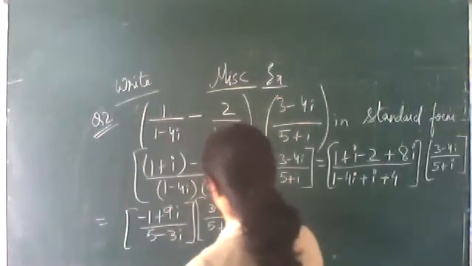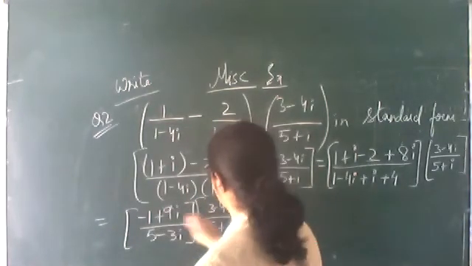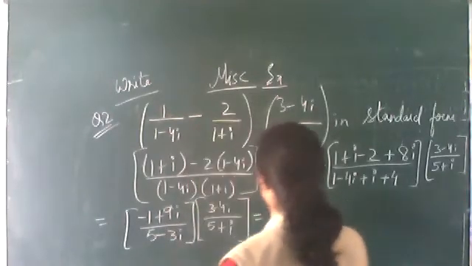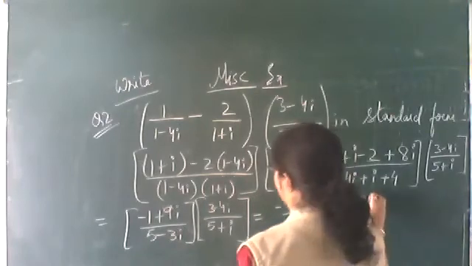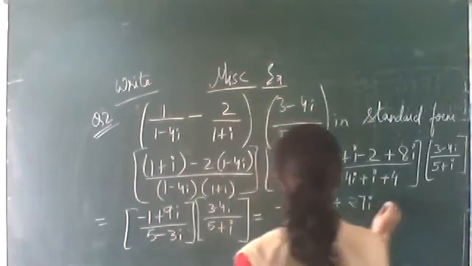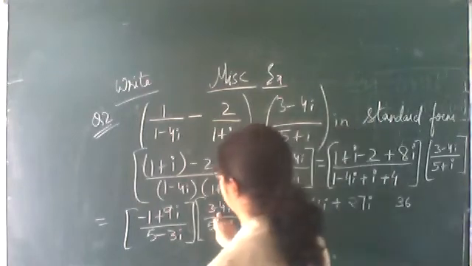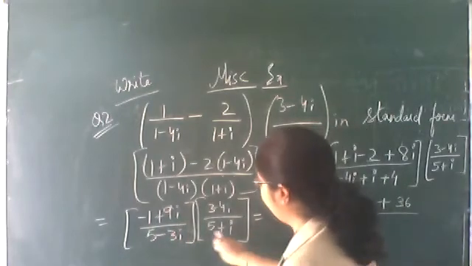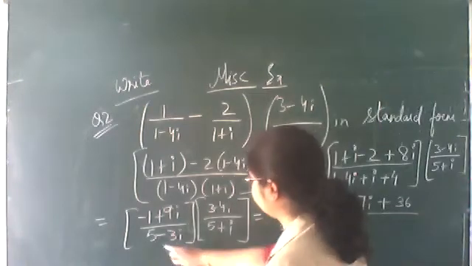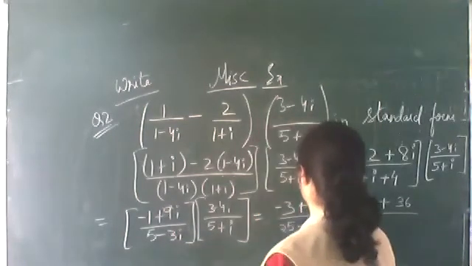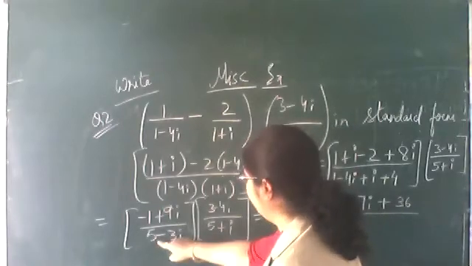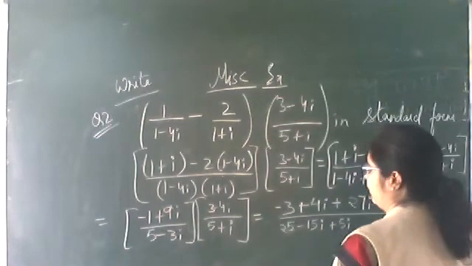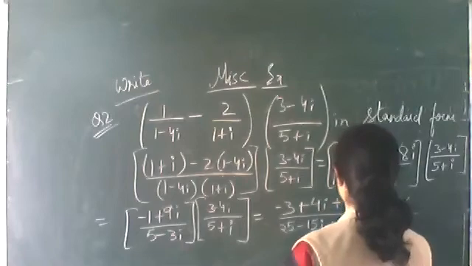So minus 1 multiplied by these two is what? Minus 3, minus into minus, plus 4 iota. Now this 9 iota multiplied by 3 will be 27 iota, 9 4s are 36 iota square will be what? -1, minus into minus plus 36. Upon denominator, 5 5s are 25, minus 3 5s are 15 iota. Iota into 5 will be plus 5 iota. Minus 3 iota into iota will be 3 iota square, that is equal to -3 and minus plus 3.